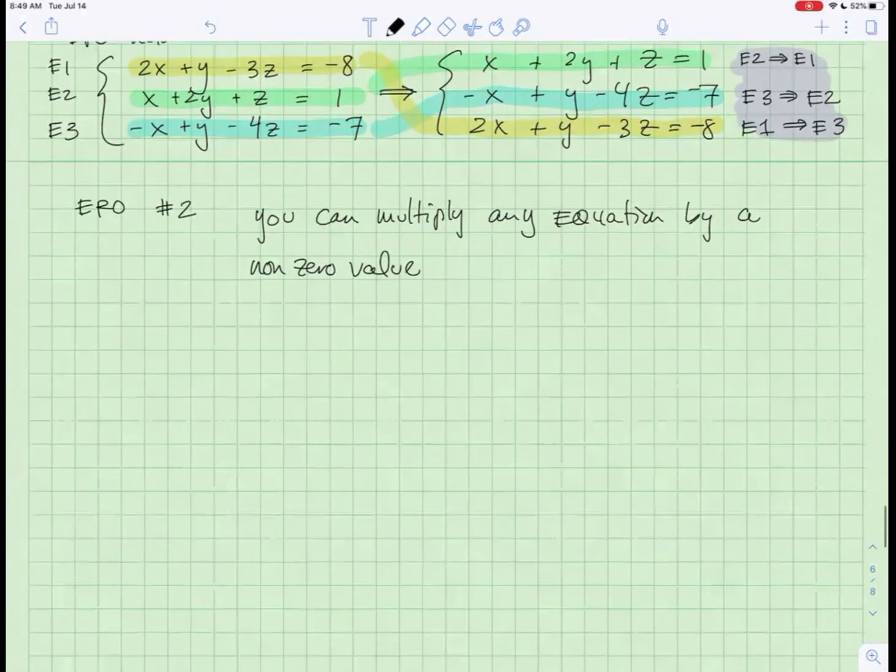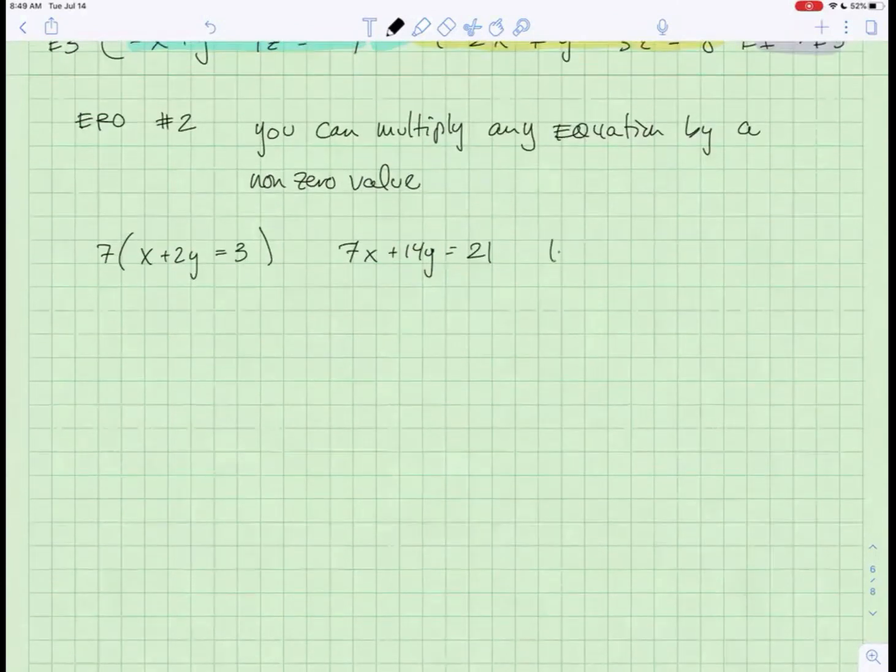So what's going on here? If you take a look at something like x plus 2y equals 3, and you multiply by 7, you get 7x plus 14y equals 21. So it looks different,